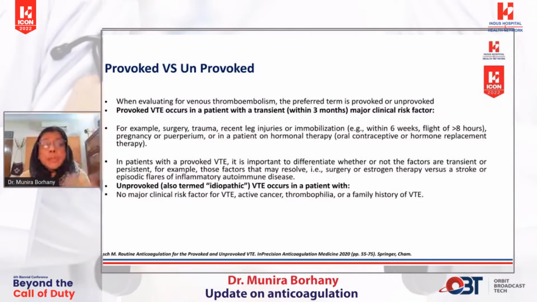ये हमें हेल्प करता है डिसाइड करने में कि कितने ड्यूरेशन तक इनको एंटीकोगुलेशन थेरेपी नीडेड है, वेदर इट्स फॉर 3 months, 6 months, एक्सटेंडेड पीरियड के लिए देनी है या इनडेफिनेट पीरियड के लिए देनी है। और प्रोवोक का मतलब ये है कि ट्रांजिट रिस्क फैक्टर्स मौजूद हैं, सच एज सर्जरी है, कोई ट्रॉमा है, कोई लेग इंजरी है, इमोबिलाइजेशन है, जिसके बेसिस के ऊपर हम कहते हैं कि ये प्रोवोक्ड थ्रोम्बोएम्बोलिज्म हुआ है।